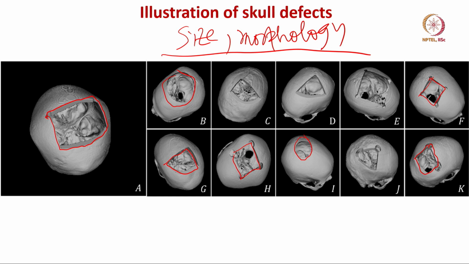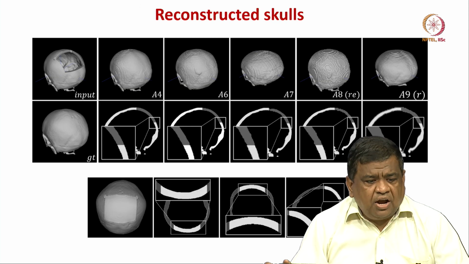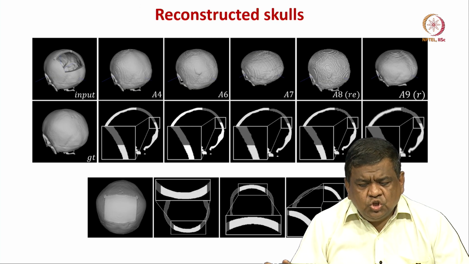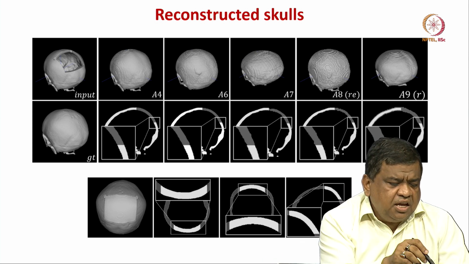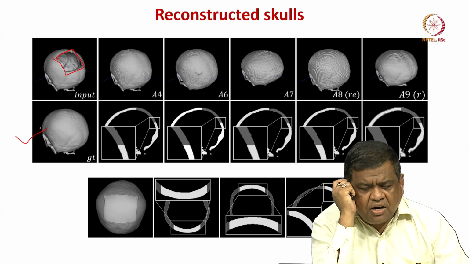So, essentially what you notice from this set of CT scan images is that, depending on the patients, one has to design different shaped bone flaps with various morphology, and those designs have to be translated to manufactured bone flaps. This is just to show how to reconstruct the skull. For example, this is the input CT scan image, and this is the complete brain image, complete cranium image.